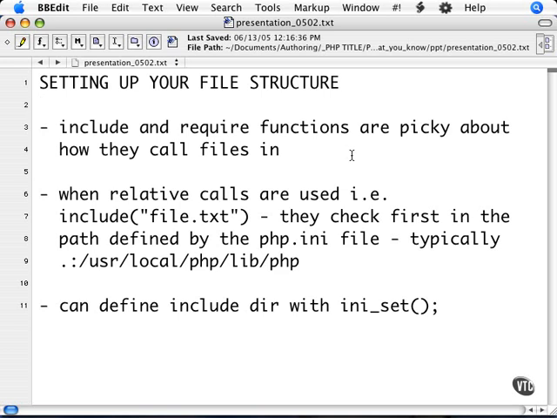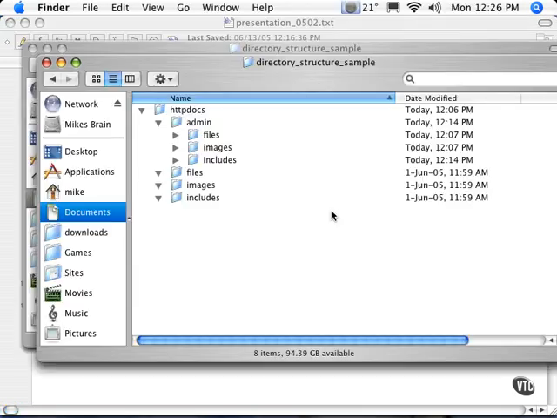file. The default for this is typically dot, which denotes current directory, and then user local php lib php. What I tend to do for my sites is define where my include files are, so that is the first place that is checked. Then it is a simple case of discipline to keep all the include files in the same directory. The directory structure that I use for my sites is all regular site files go in the files directory,